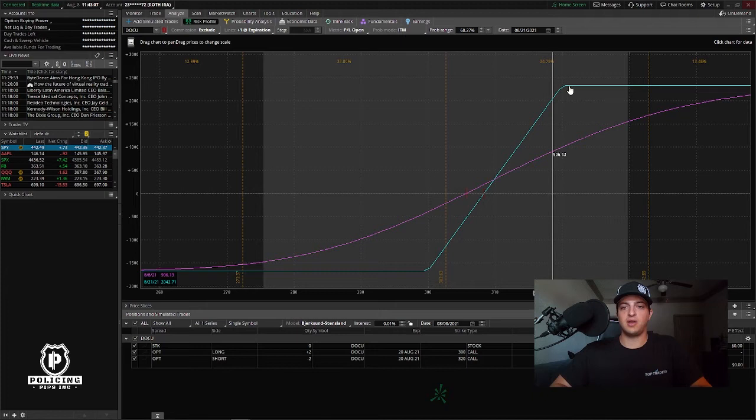But the further out you get, the higher the profit, but it caps that profit because of my spread, and it caps that loss down here because of the spread. So my max win would be 23 and change, and my max loss would be 1670. Much of the time, I'll take some of these profits off early if I feel like I ran up a certain percentage, and that's predetermined in my trading plan.